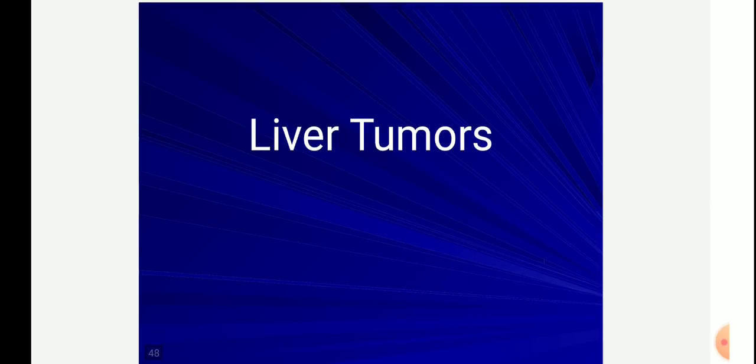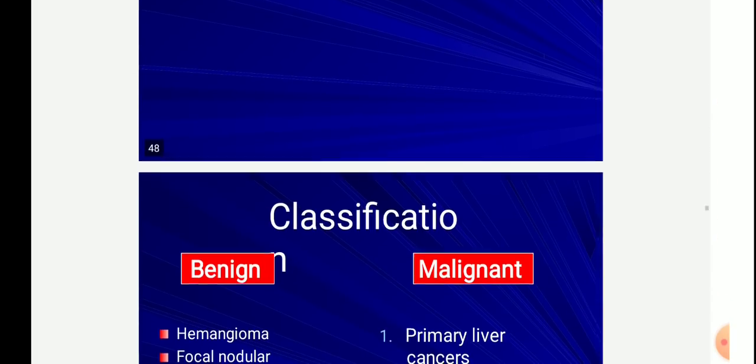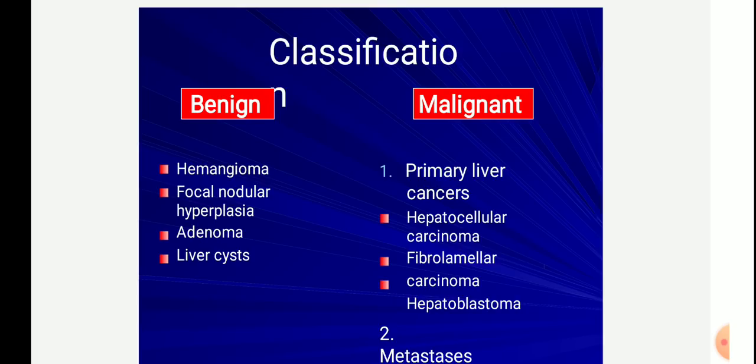Now moving on to the malignancies of the liver, various tumors. Classification: benign, malignant. Benign tumors: hemangiomas, focal nodular hyperplasias, the adenomas, and the liver cysts. Some of the liver cysts you could see are amoebic liver disease or the hydatid cyst. Malignant: primary liver cancers, hepatocellular carcinomas, fibrolamellar carcinomas,